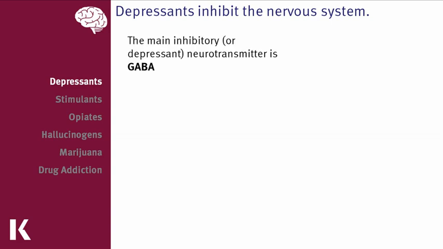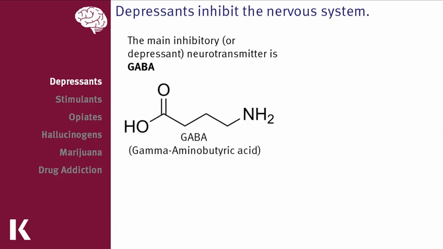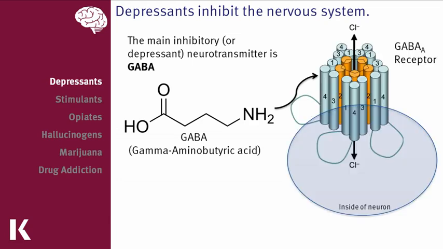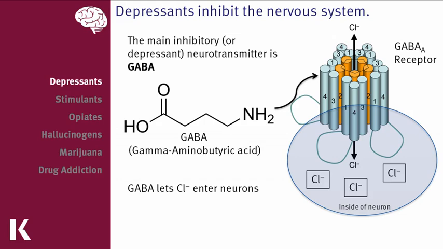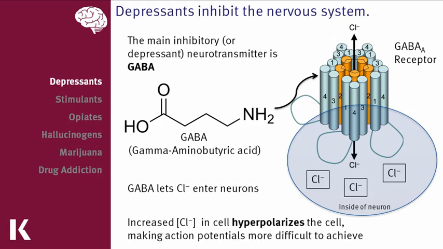Our first category of recreational drugs is depressants. As their name suggests, depressants reduce nervous system activity. The main pathway to accomplish this is by increasing the activity of the GABA receptor. GABA, or gamma-aminobutyric acid, is a neurotransmitter that results in generalized brain inhibition. By binding to the GABA-A receptor, chloride channels open, allowing chloride ions to enter the cell, which hyperpolarizes the neuron. Depressants can either promote more release of GABA or mimic GABA itself.